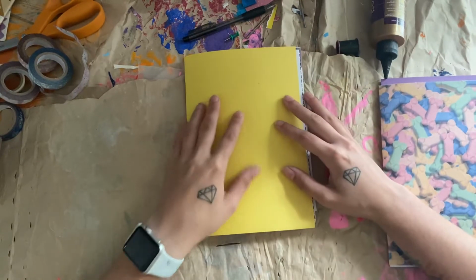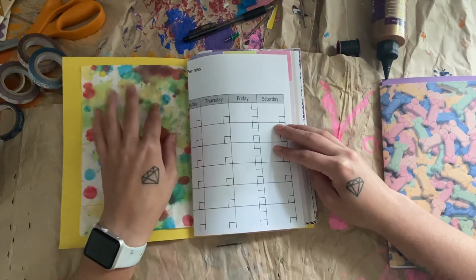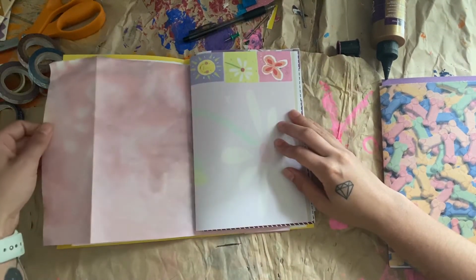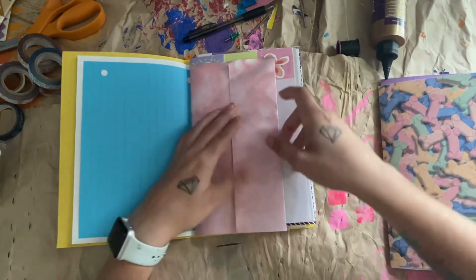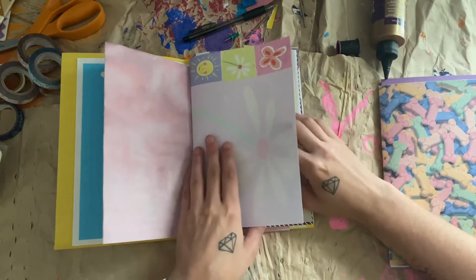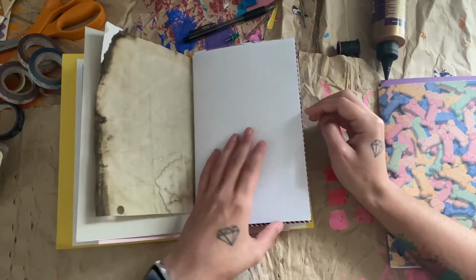So this is going to be the first signature, and I just have a piece of yellow construction paper, one of my dyed notebook pages, a calendar page, a blue notebook paper. This is another dyed page. It flips up like this, and this is going to be a pocket when it's all done. I'm going to actually make it into a pocket, so there'll be a pocket right here. And then just a piece of decorated copy paper, and a gray piece of cardstock, a coffee dyed notebook paper,